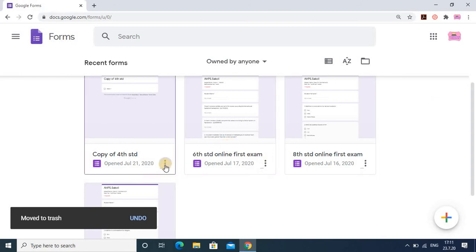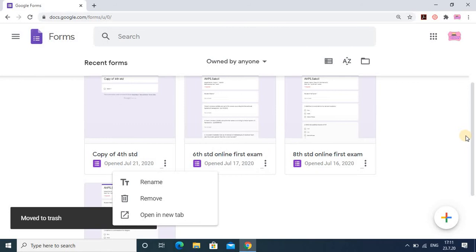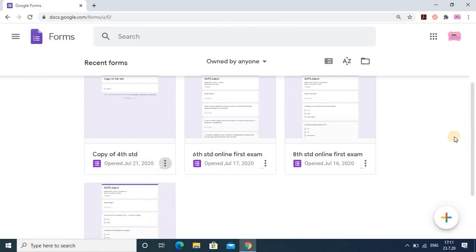Here also I can select this and click on the remove option. These two options, rename and remove, are very important for giving the name and deleting a form. So here you learned how you can give the name and how you can delete an existing form.